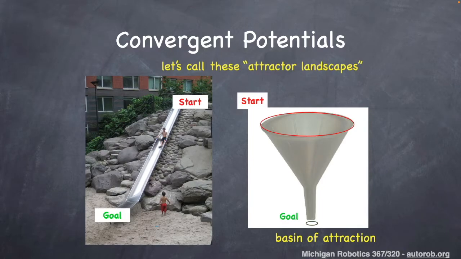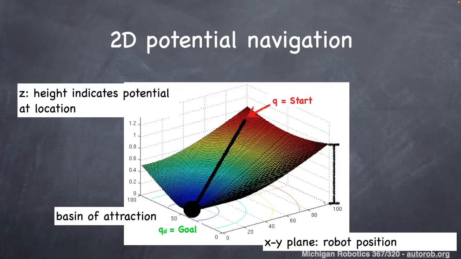We could consider this particular type of potential as a sort of attractor landscape, where the starting configuration has some high potential, and we would then want it to move towards the goal location that has some lower potential. We can think about that goal location as being the basin of attraction within our potential field. And we could imagine that this would be useful for 2D potential field navigation,